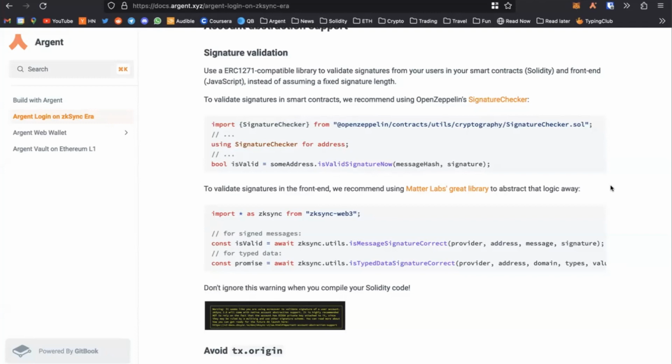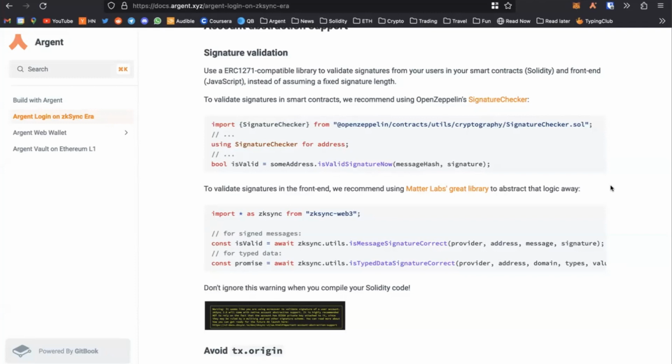So you have to do it in two places: both in the smart contracts, where you validate the signature by calling the account, and in SDKs, in client-side code, where in the same way you have to make a read call to the smart contract to determine if the signature is correct.